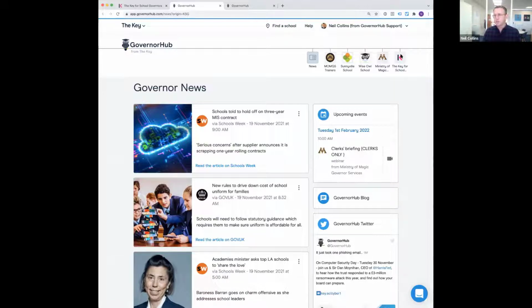The overlap with Key for School Governors is really the reason why we've become part of the Key. So GovernHub, as Ace talked about, is for all the things you need to do to run meetings, store documents, track membership, all those bits and pieces. Key for School Governors is where you go for advice and training of the real first-rate quality. Bringing those two together, we think, is a real big advantage.